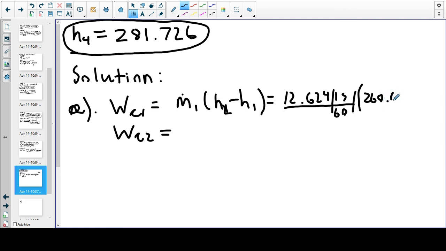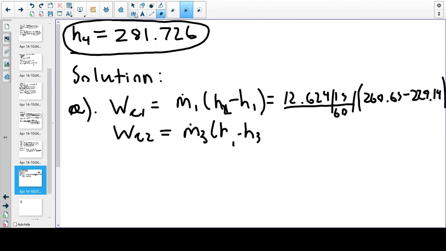And we have these in kilojoules per kilogram. So I had to make sure the units worked out to get them in kilowatts. And so right here, if you multiply all that together, I'm just setting it up right now. We're going to write this out later whenever we solve for the next part, because work of compressor 2 is actually not as easy to solve for,